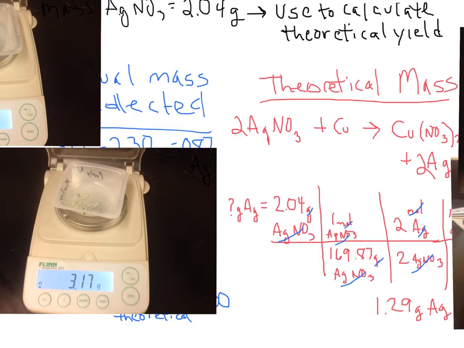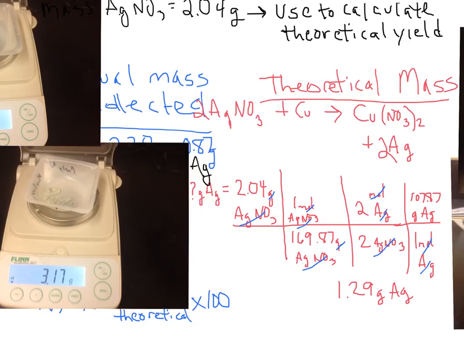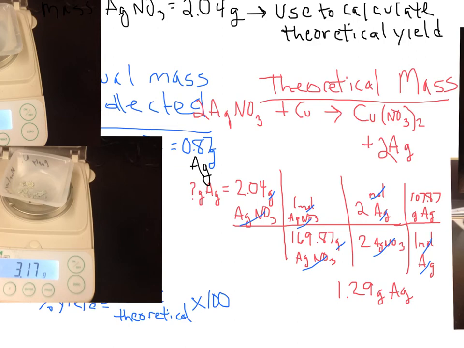So then you just do the math. Here's our limiting reactant, silver nitrate. There's the molar mass of silver nitrate, grams in a mole. It's a 2-to-2. And let me move this over. Okay. And then the molar mass of silver comes in at the end as 107.87. And so doing the math, which would be 2.04 divided by 169.87 times the fraction 2/2, which cancels itself out,